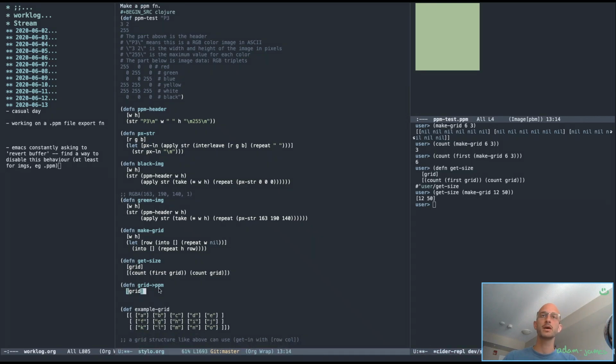Okay, so grid to ppm, then I do let width height be the get size of grid there. Then header can just be ppm header width height. Quite easy. And then the rest,